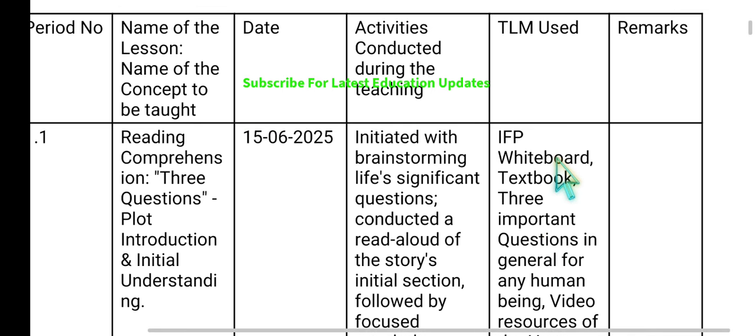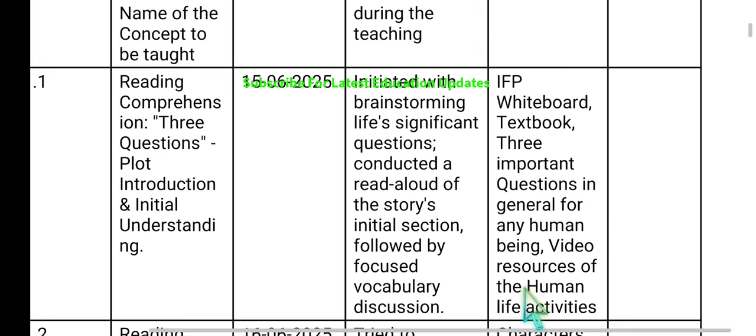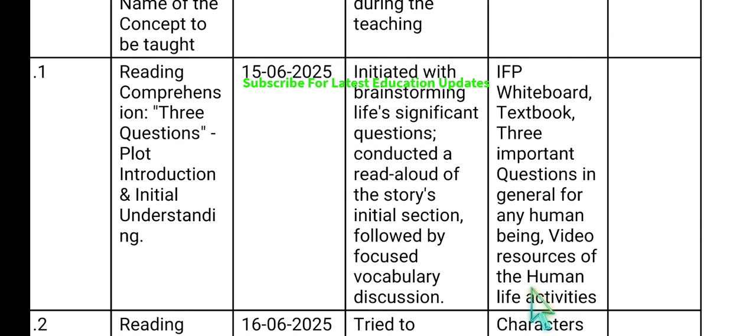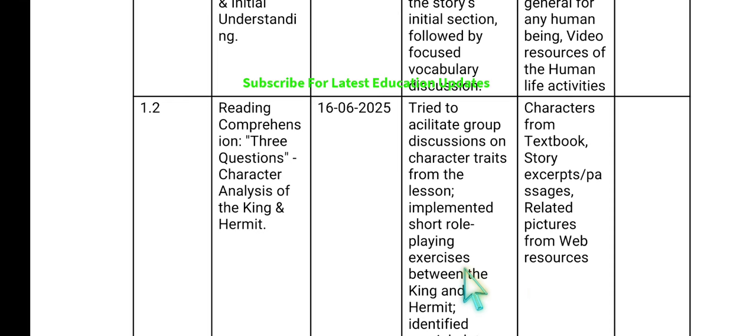Now for this, the TLM used are the IFP, whiteboard options, the textbook, the 3 important questions in the first paragraph, in general for any human being and particularly with regard to the King's query, and video resources on human life activities. So this is period number 1, followed by period 1.2, where we can have these 3 questions: